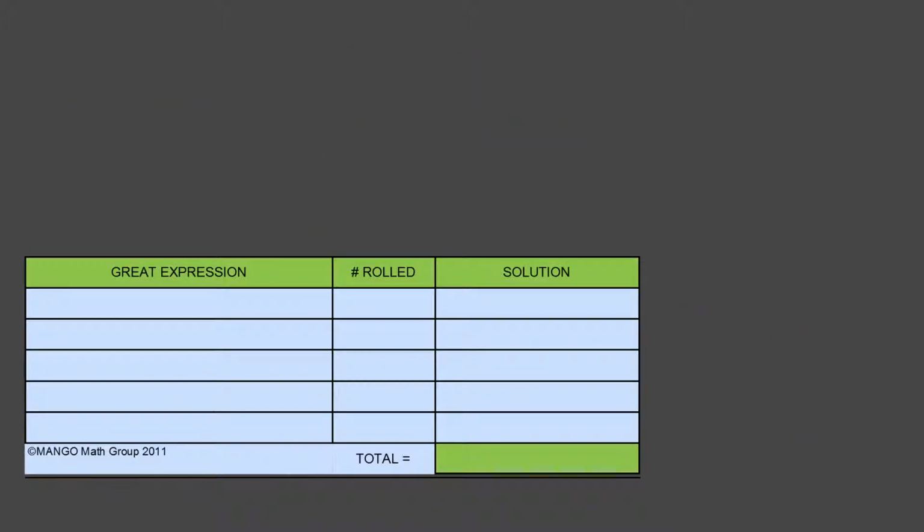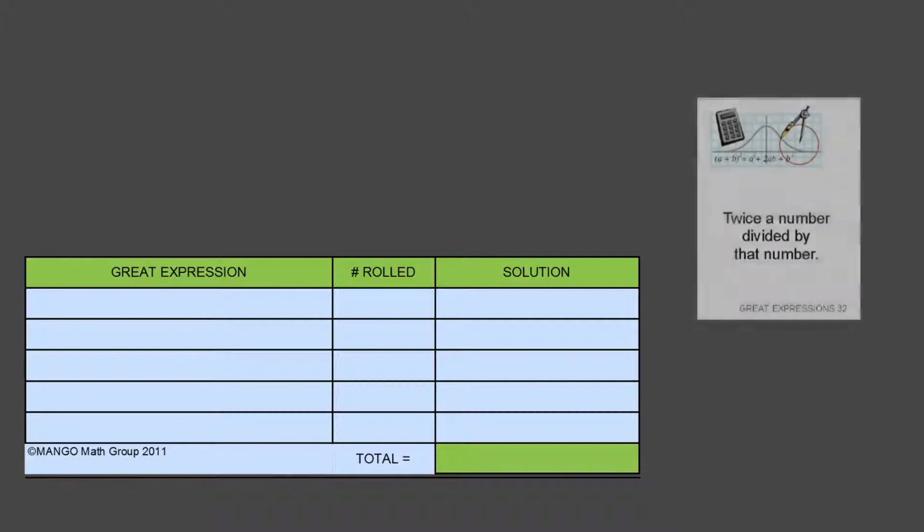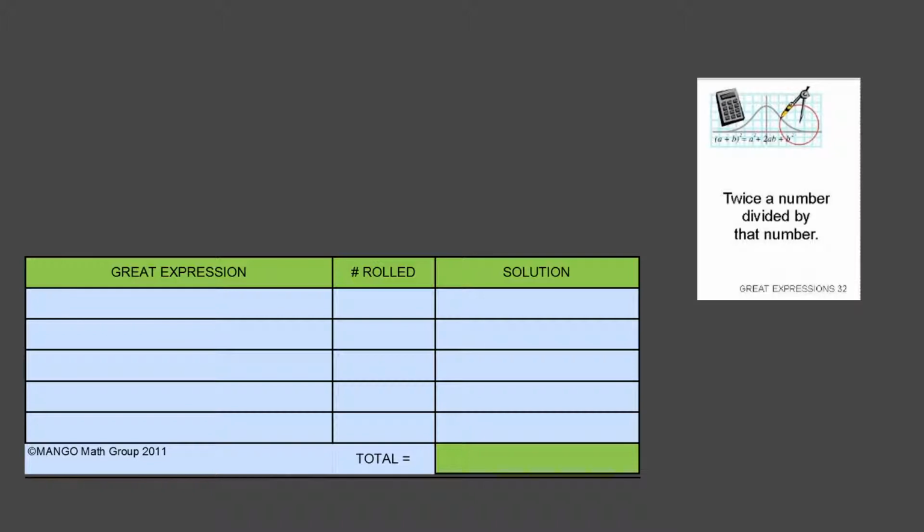So to start this game, each student will have their Great Expressions board, and each will draw a card and read it. And this one says, twice a number divided by that number. So they have to write what that expression is from the words that they see and write the expression out. So they could write n plus n, that's twice the number, or they could have written 2n,